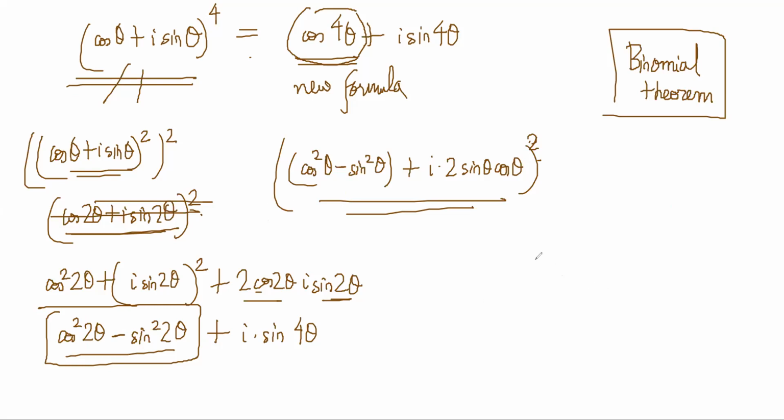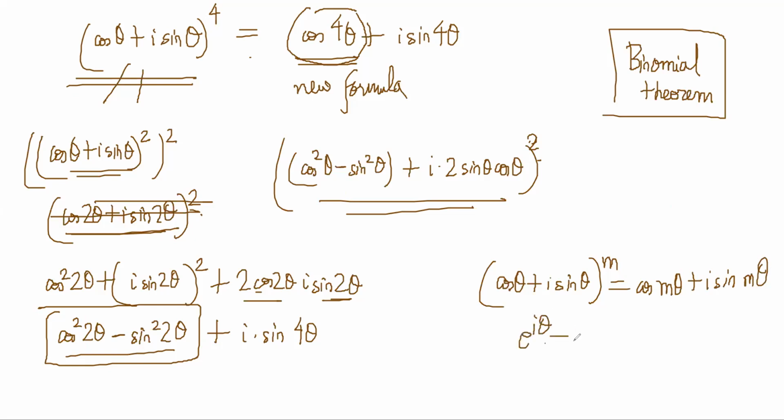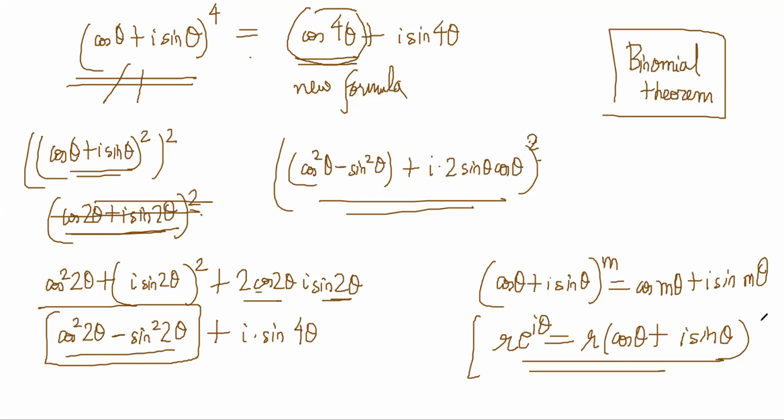You can basically derive nice things in trigonometry using De Moivre's theorem. De Moivre's theorem says that this to the power m is equal to cos m theta plus I sine m theta. And it is a direct consequence of writing e power I theta as r into cos theta plus I sine theta. So as soon as you know that Euler form, you can express a number, and then raising it to powers and all is a trivial task.